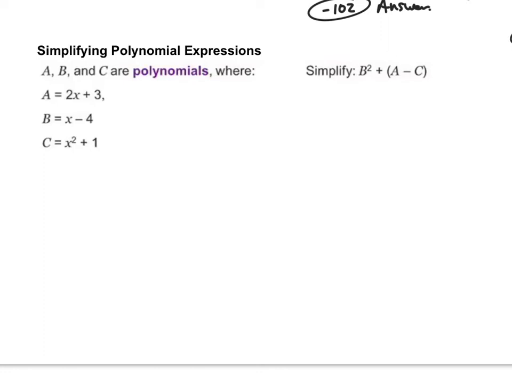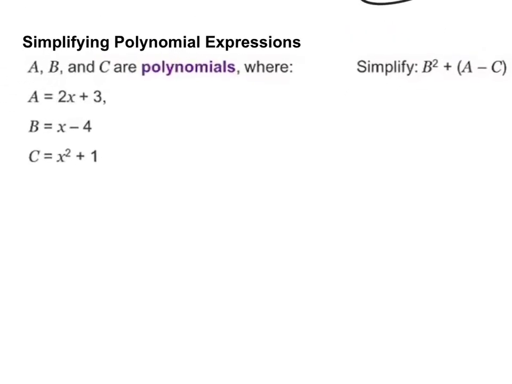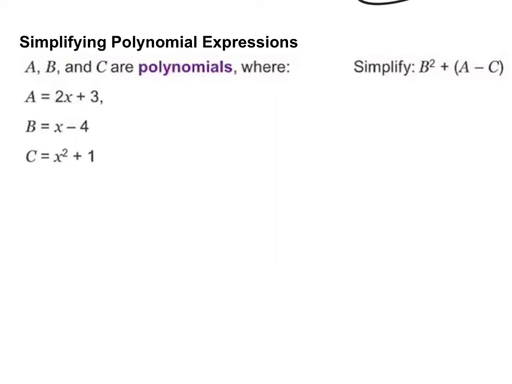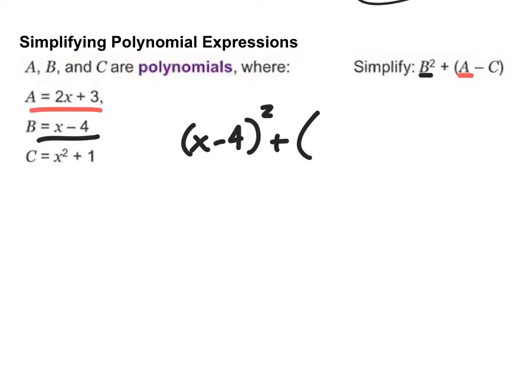So let's write this all together. Instead of b squared, right here, I'm going to plug in x minus 4. So the first thing I'm going to get is x minus 4 quantity squared plus parenthesis. Now let's plug in the value for a. And a is 2x plus 3. So I'm going to do the quantity 2x plus 3. Put that in parentheses because you have a quantity there. And then let's plug in the value c, and we're subtracting c. Now because we're subtracting a polynomial, it's important that we put that in parentheses so we can distribute that negative,